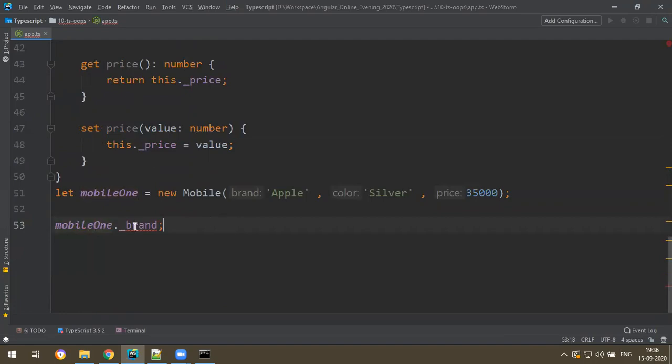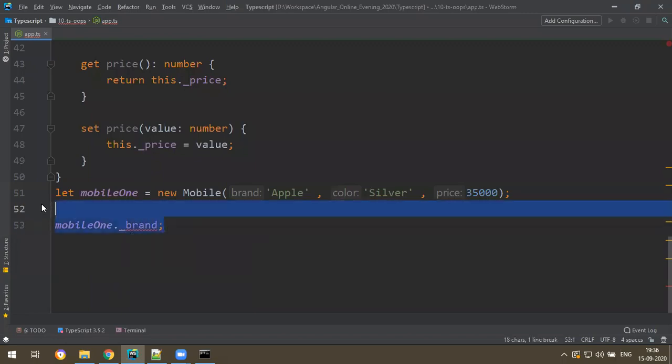You can't access it. If you keep the cursor there, see what it says: property _brand is private and only accessible within the class Mobile. It means the properties cannot be accessed outside of the class. You can only access them inside a class. That's called private. We will discuss private, public, and protected. So you can't access them directly.